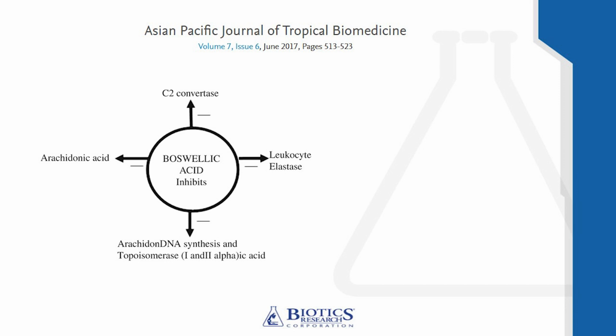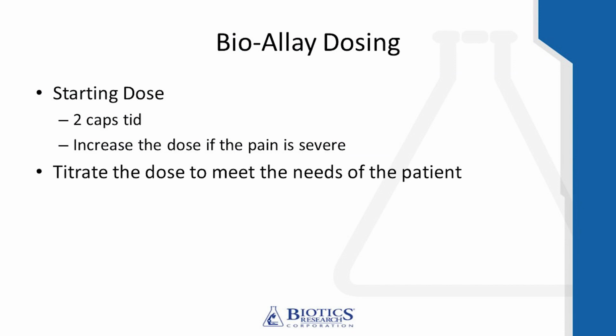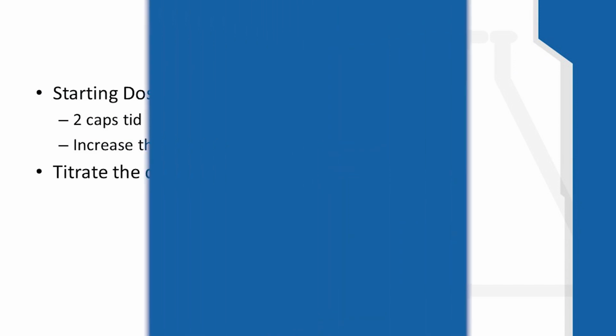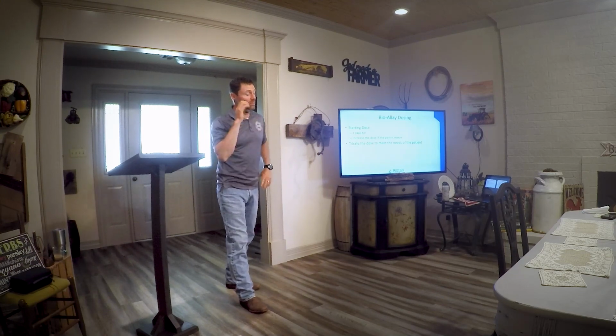It's also why you can titrate those dosages a little easier too, and sometimes get into these heavier dosages that you need just to get that initial pain pathway under control, that pain presentation under control. Starting dose on this, 2 caps TID or 3 caps BID. I would say you just use a starting dose of 6 there to make that fairly straightforward. And as the pain becomes more intense,